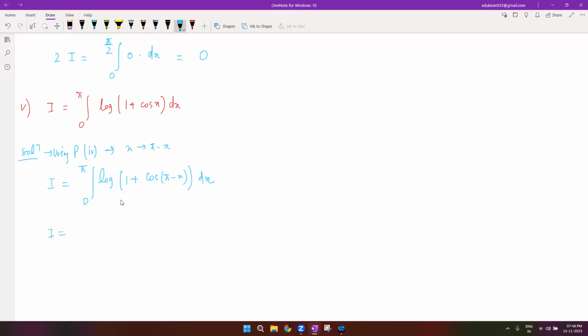Now, this is minus cos x. This becomes 0 to pi log of 1 minus cos x dx. Now, if you take this equation as first and this as second, and if you add them,